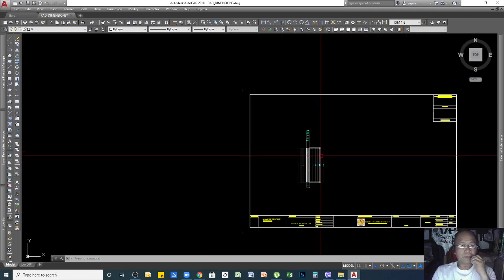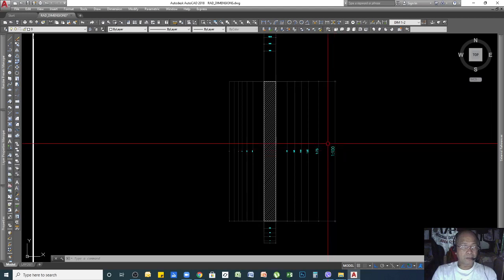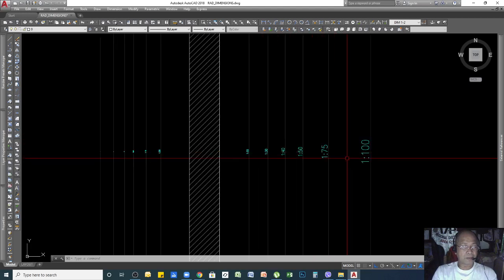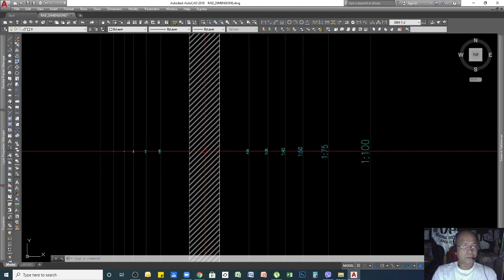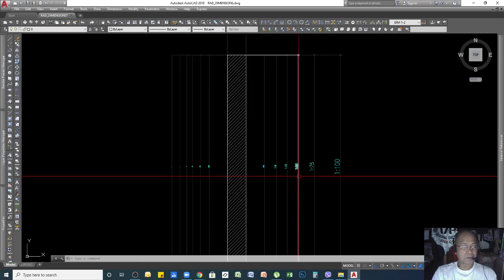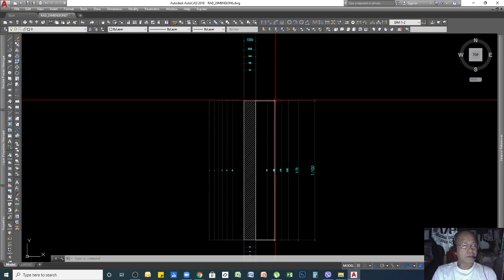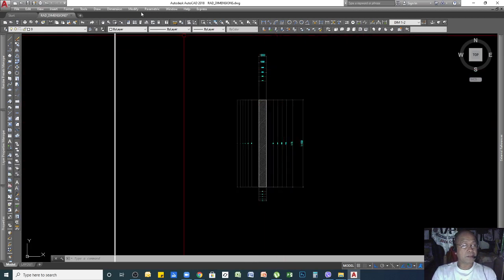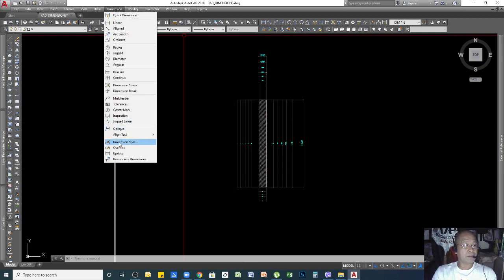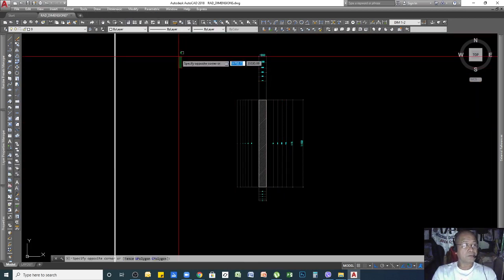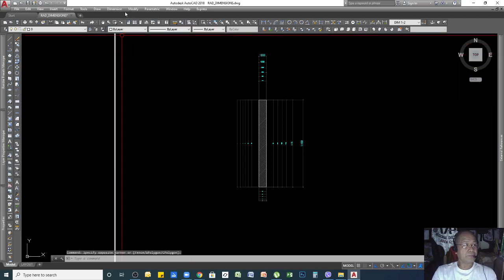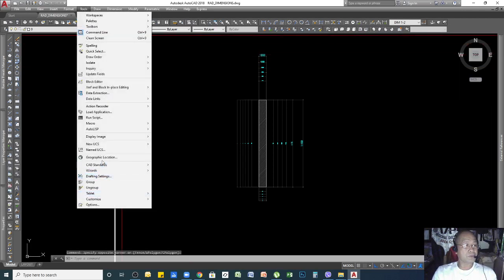So for now, I'll demonstrate how I made these dimensions. The step for that is you can go to Dimension directly and then go to Dimension Style, or actually you can find it also in Tools.